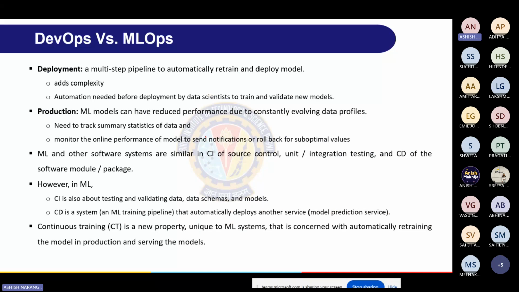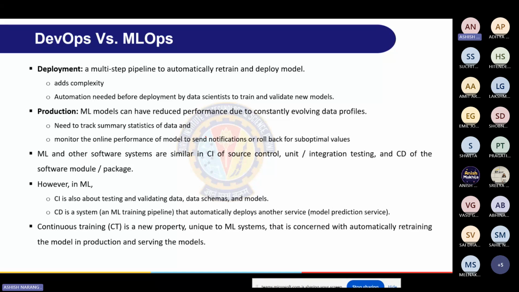So if you look at the deployment part, right, it's a multi-step pipeline to automatically retrain and deploy the model. It's not a simple thing, right? So this adds complexity, and you need automation before you deploy, right? And